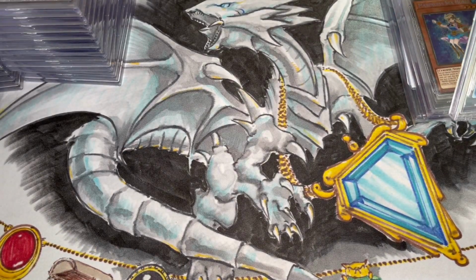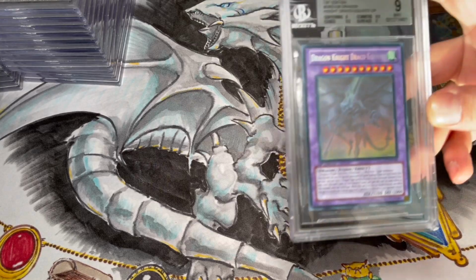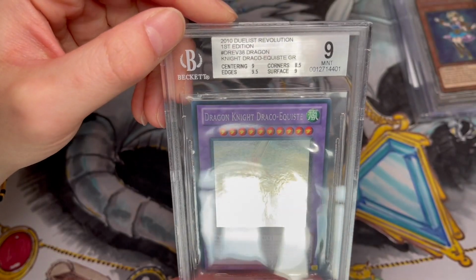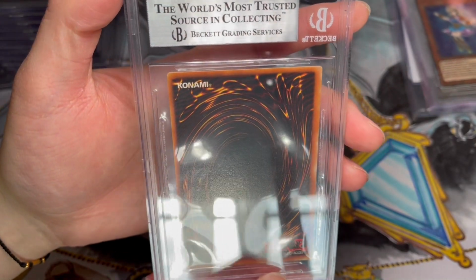So when do you call a stop to collecting such things? They're just going to have it so that you continue to collect them, right? They're snakes like that. It's like what they did with, what's it called, Starlight Rares, man. It just makes people want to buy. But that's unfortunately a 9.5, so you didn't get the...